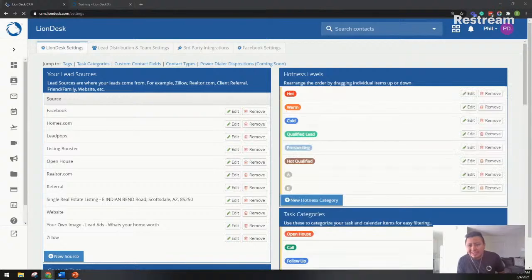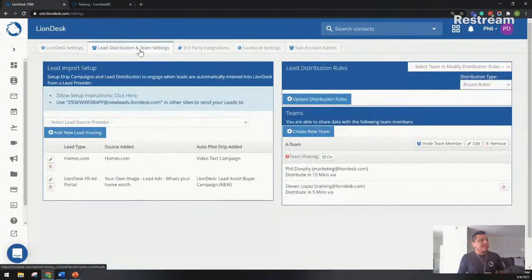Oh, and I see that you did clarify incoming live lead. Awesome. So yes, you can automate this process, right? So you first want to connect your lead sources with Liondesk. We have an article that really explains how to connect. It kind of depends on your platform, but let's use Zillow, for example. How do you connect Zillow? If you go here on the second tab, lead distribution and team settings, you'll see instructions specifically for Zillow, right? We have instructions for